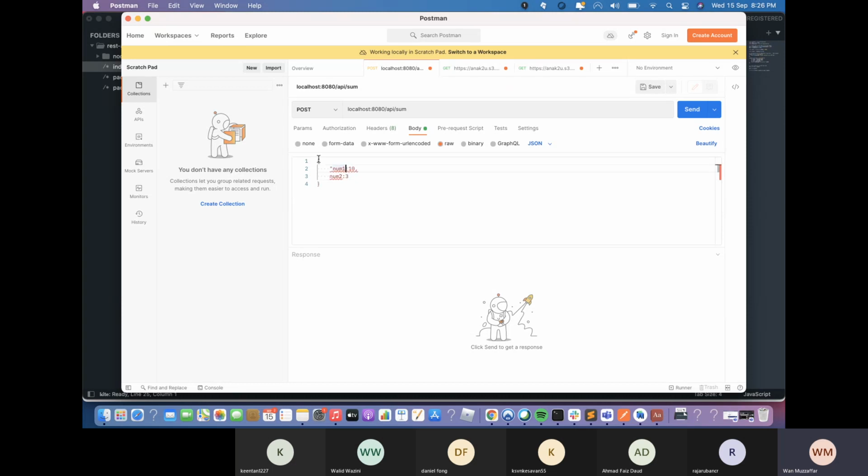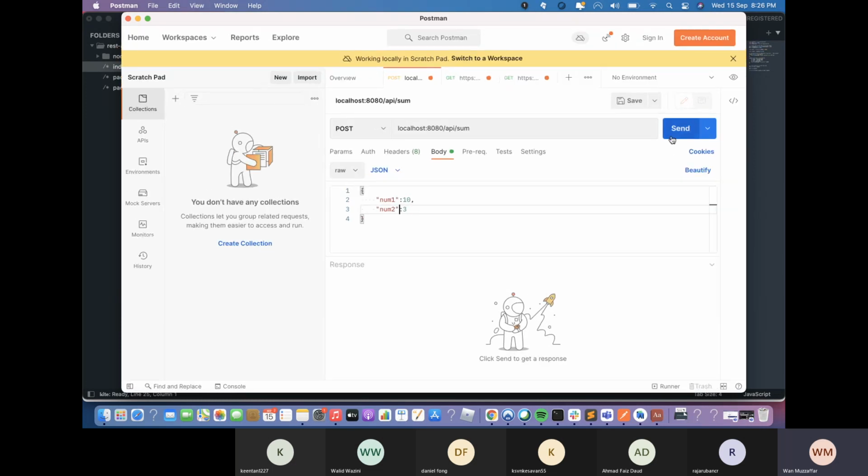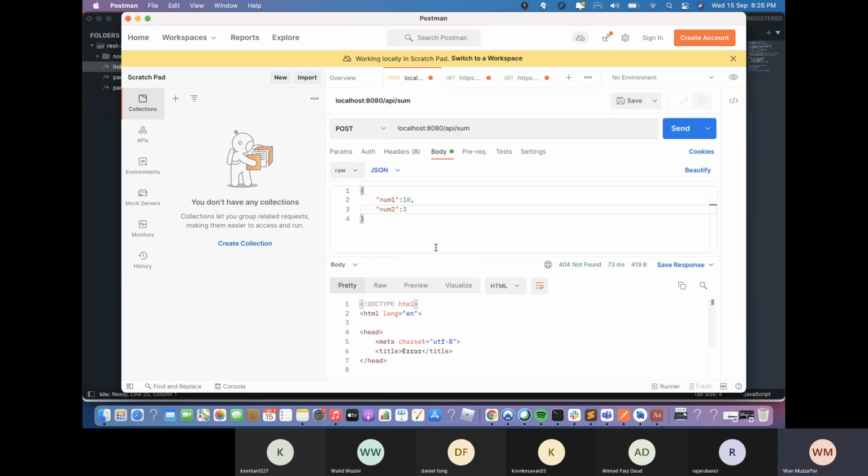The left side need to have double quote, and then press enter. Then I will get